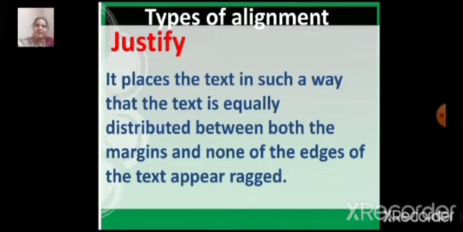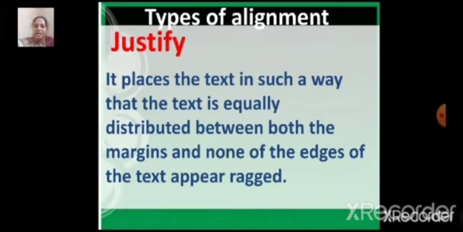So both left and right margin, it makes equal. The letters will be equal at both the corners of that margin. Between the letters or words, it increases the spaces. So in this justify alignment, the paragraphs we can align by equal distribution in the left and right margin. This is called as justify alignment.